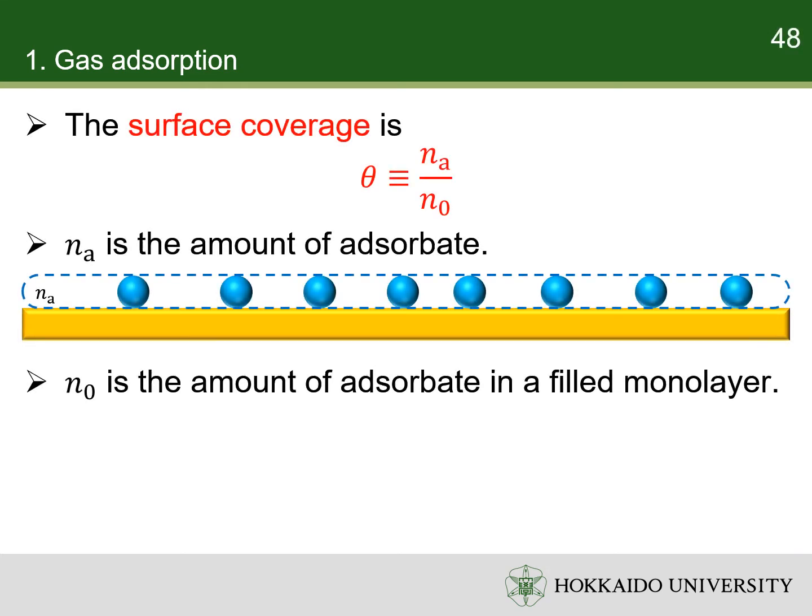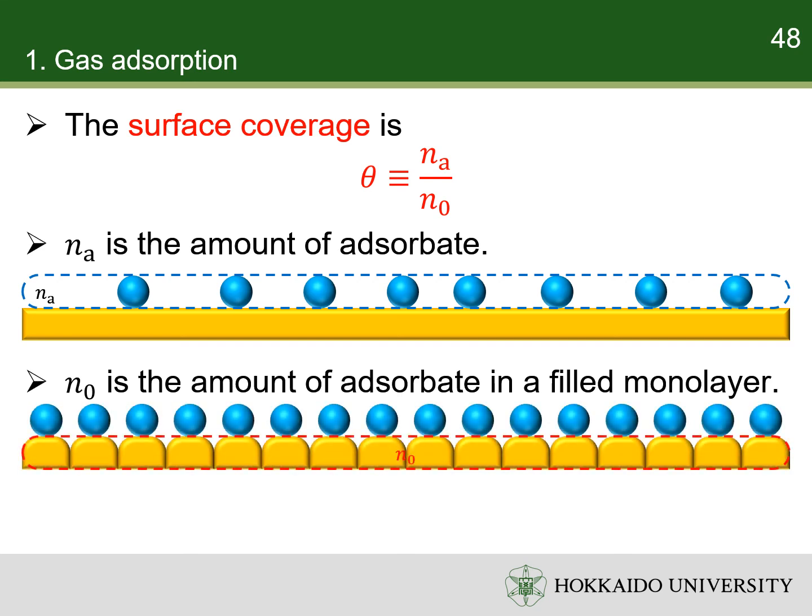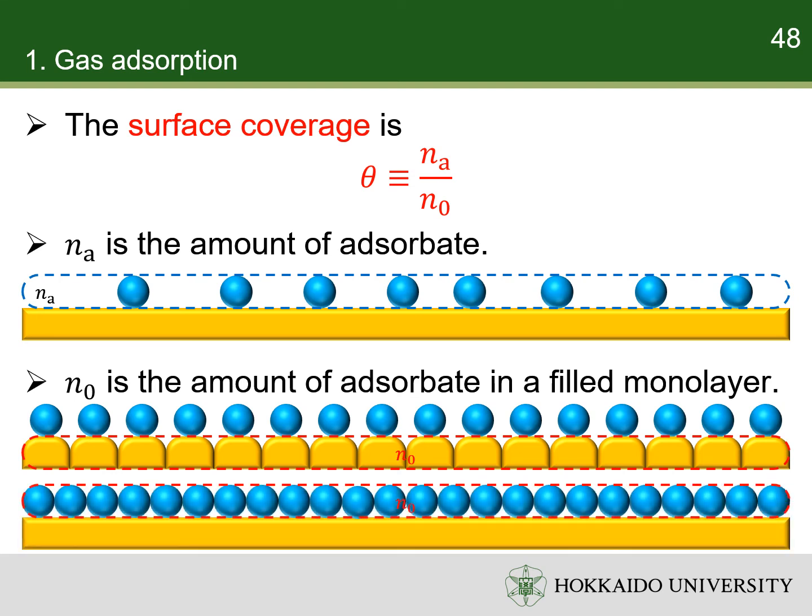Surface coverage is the number of adsorbates, Na, divided by the number of adsorbates in a filled monolayer on the same surface, N0. There are two cases. If the adsorption occurs on certain sites, N0 is the number of the sites. If the adsorption can occur anywhere on the surface, N0 is the number of adsorbates in two-dimensional close packing on the surface. Generally speaking, the coverage depends on the concentration of molecular entities in the dispersion, the interaction between the adsorbate and the surface, and temperature.